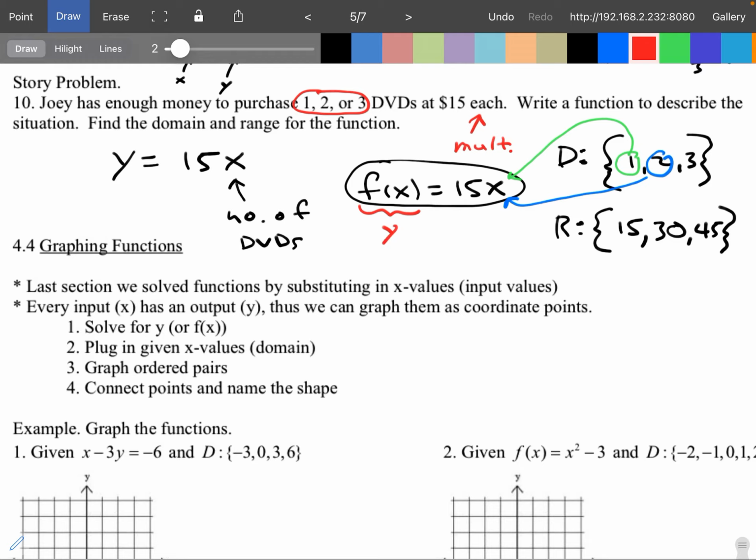What do you think? Good enough? And again, don't be